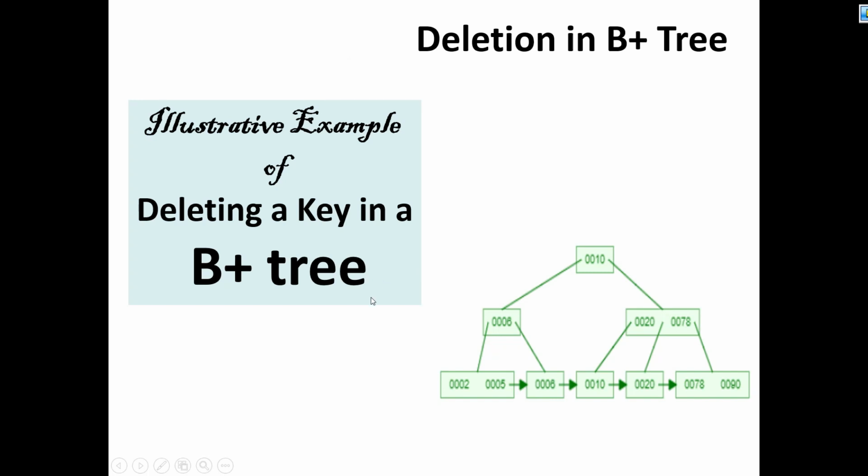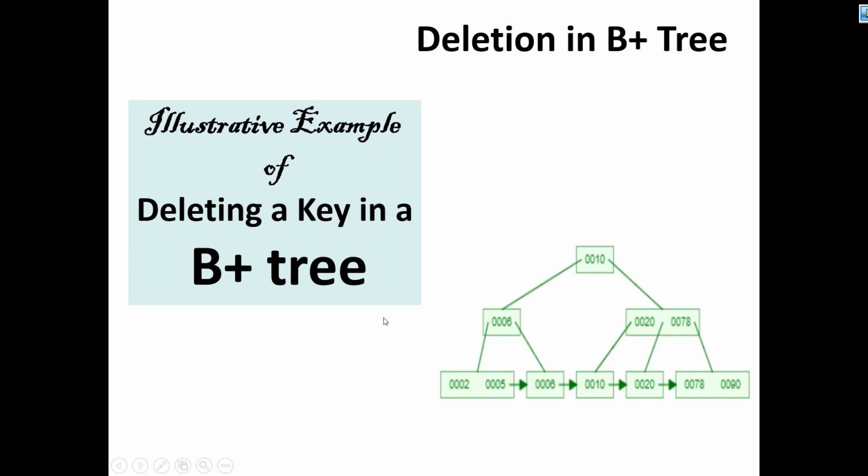Hello everyone. So in this video we are going to learn how to delete a key in a B plus tree. We already discussed what B trees are and how a B plus tree is different from B trees. Let us quickly recall that in the B plus tree, the leaf nodes represent the actual records and all the internal nodes are basically the indexes. They are just the key values that can take us to the actual records which are kept in the hard